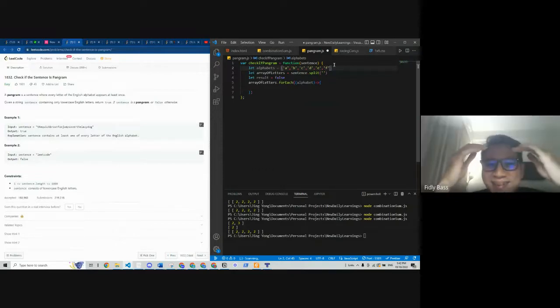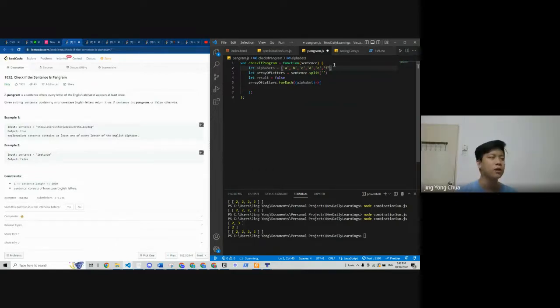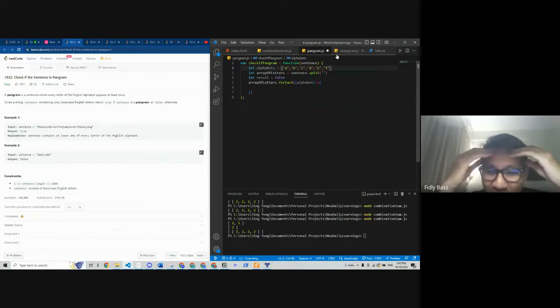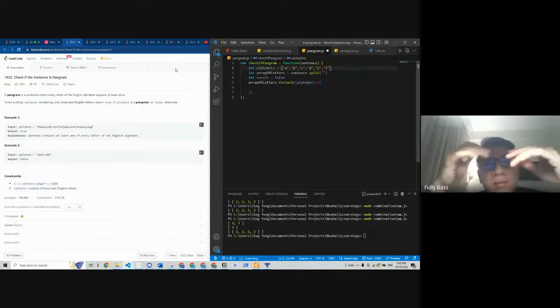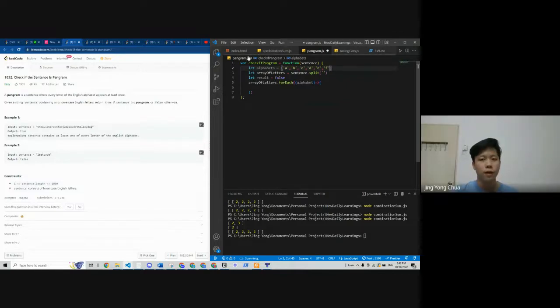Regex, regex. How? I remember there's an expression for alphabets, right? But even if you have regex, how would you check if you have at least touched on the letters at least once? Like A to Z, there are 26 letters, right?